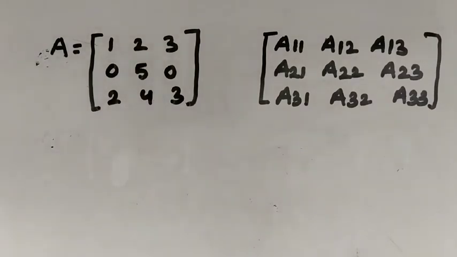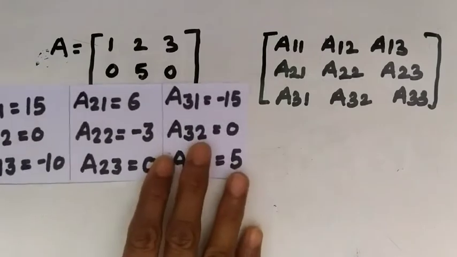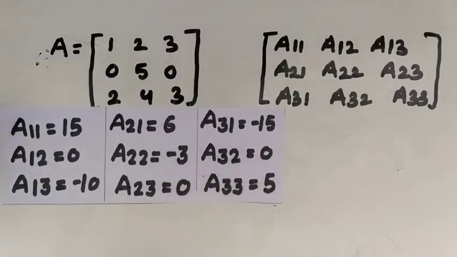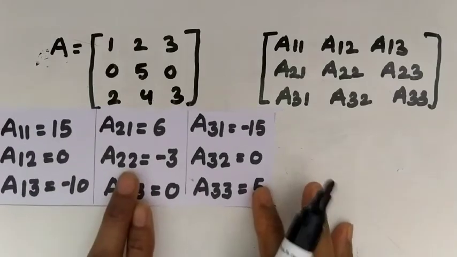Okay, now we will substitute all the values of cofactors at their respective positions. So I have determined all cofactors, and students, all of you know how cofactors of elements of a square matrix of order 3 are determined. All of you know, I had discussed in previous lectures. So in order to save our time, I have determined. So now I will put all the values at their respective positions.